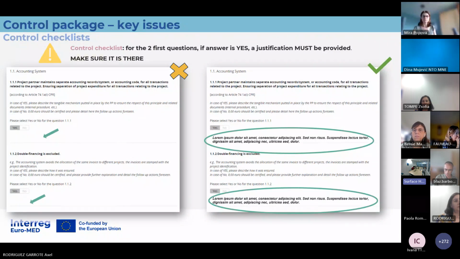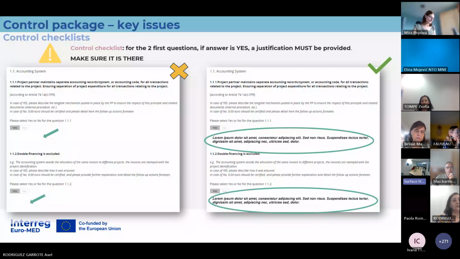Here they have to describe how the accounting system functions and how the separation of the expenditure is done in the partner's accounting system. The second question concerns double financing: with what measure is it ensured that double financing is excluded?